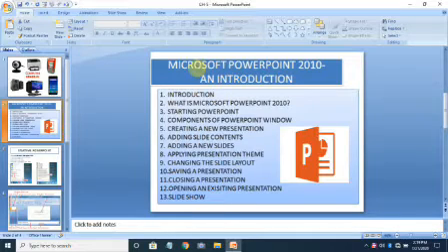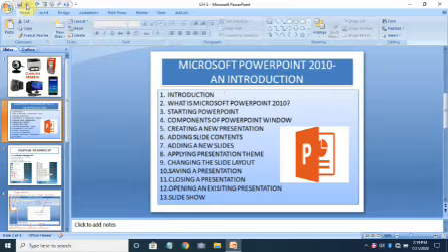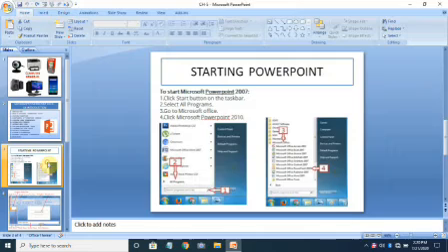Automatically some changes will be there. Earlier you can see it was like this. After applying the new layout, it automatically moved to the right side. Now let's do one more change. You can see here there is this structure layout.